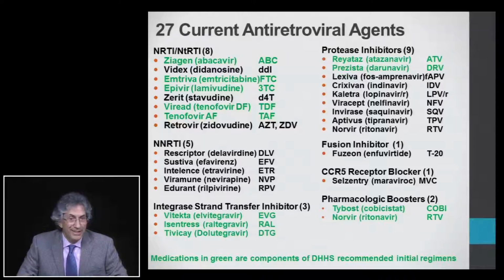On this slide, I show 3 different names for almost every drug. They start with the brand name. So if you look at the upper left panel, you'll see Viread, which is the brand name of a medication. Then in parentheses, you'll see the generic name, tenofovir DF, or tenofovir disoproxil fumarate. We'll see that spelled out in a few moments. And you'll see the accepted 3-letter